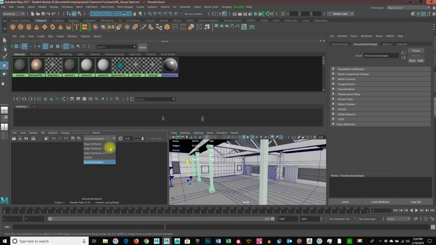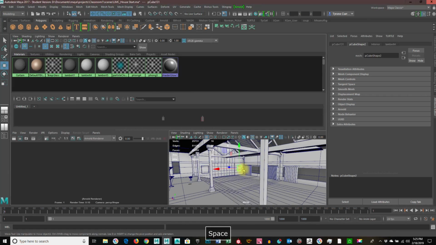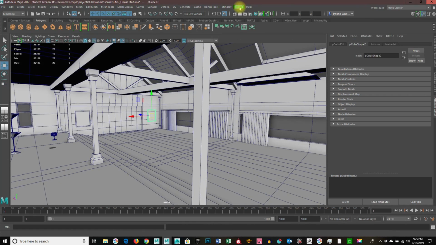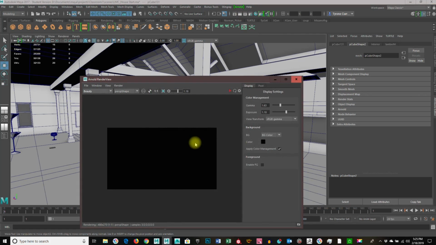If I'm rendering in Turtle, I'll use this renderer over here. Right now we're going to mess with Arnold, so I'm going to switch it back over to Arnold renderer and tap the spacebar here. And for the Arnold renderer, we're going to go under the Arnold tab, and this would just start the render and pull it up. Since I have no lights, we're not going to see anything. But this tells us what passes, the AOVs we'll talk about later, that you can look at, which camera,